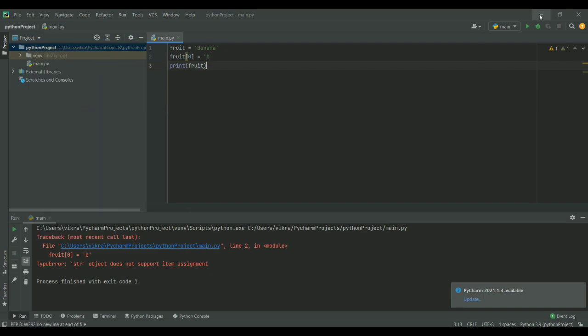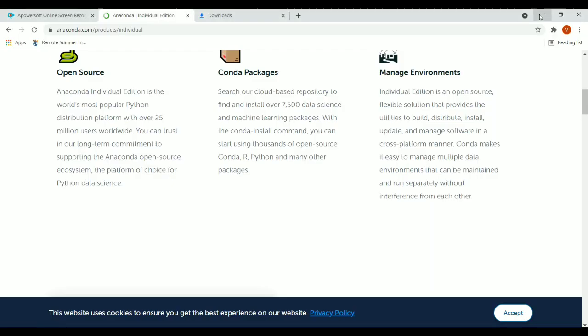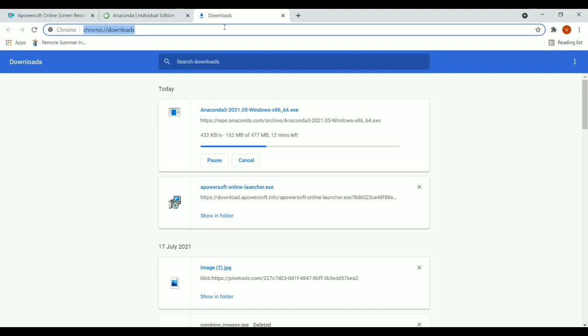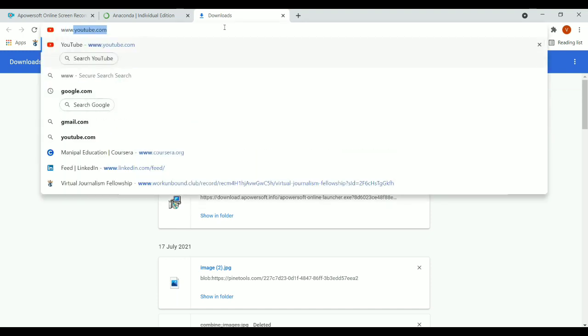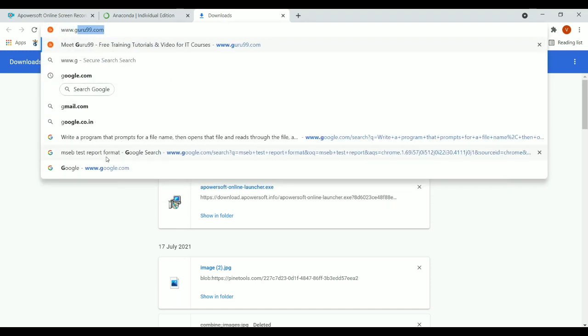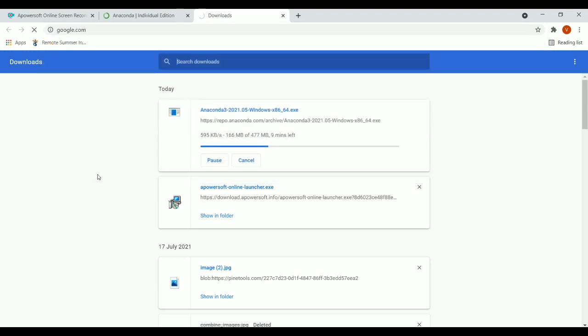So this is one of the editors which we can use for Python development, and Anaconda is the second editor. So there are multiple editor-based structures available which you can use in Python.